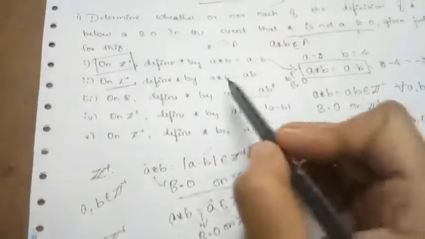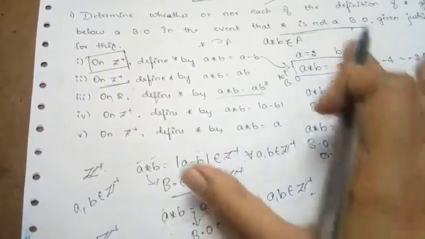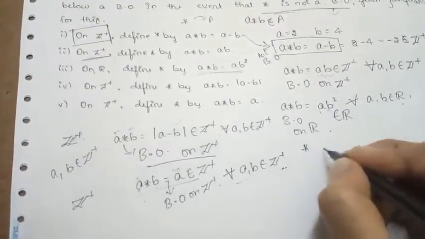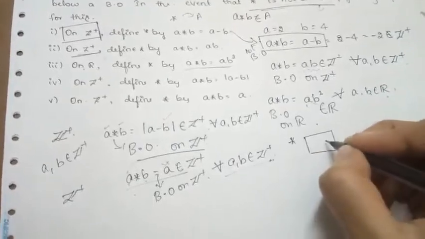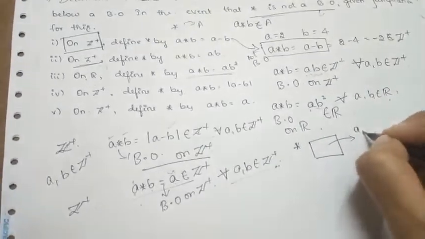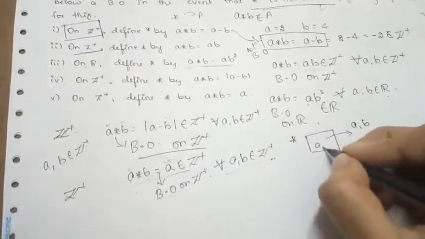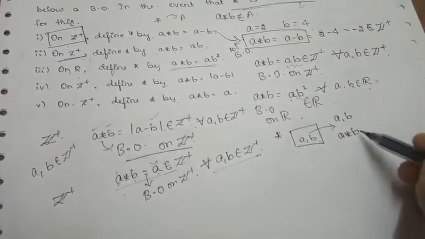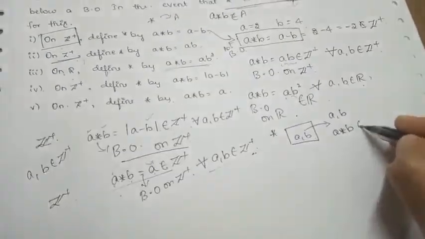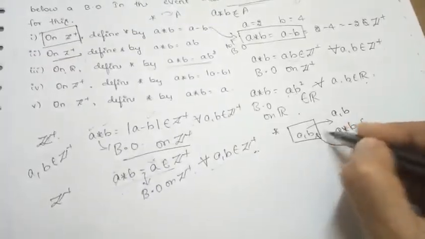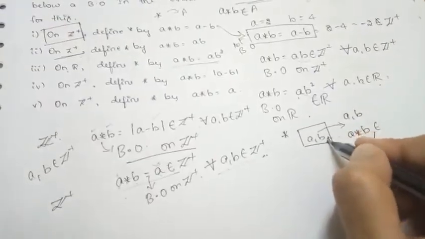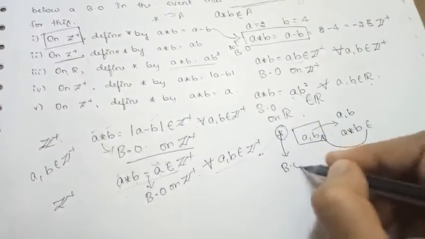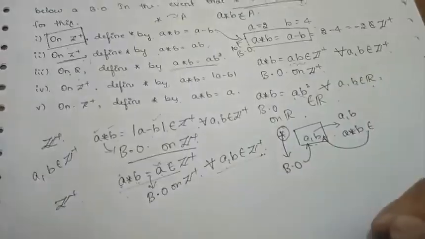So this is how we are going to check whether the given operation is a binary operation or not. That is, if a star is defined upon any set, then if you take any two elements a and b, if those two elements belong to that set, then the operation a star b, whatever the operation might be, should also belong to the given set. If it belongs to that given set, then we say the defined star is a binary operation on the set which they have defined.